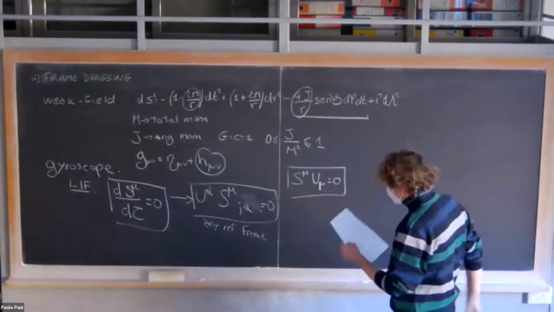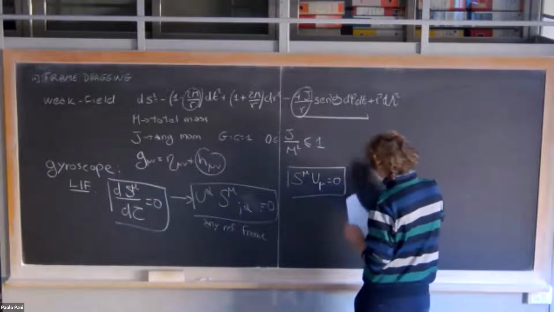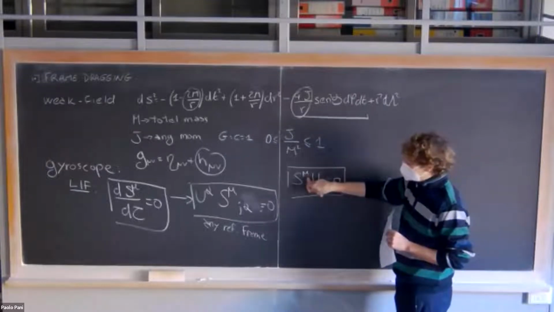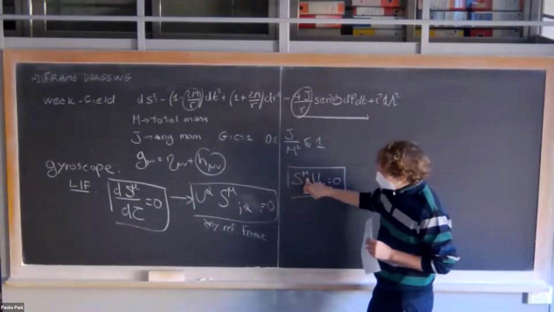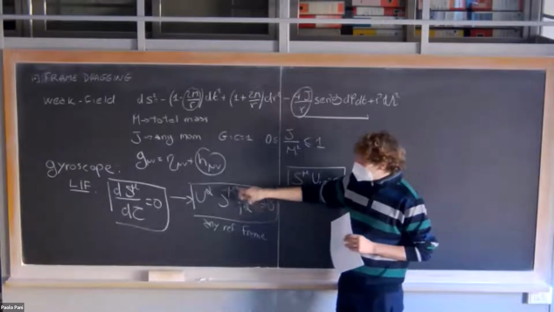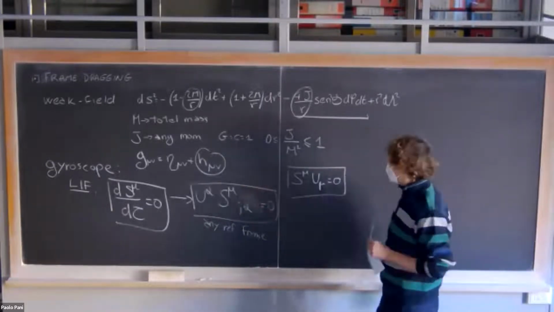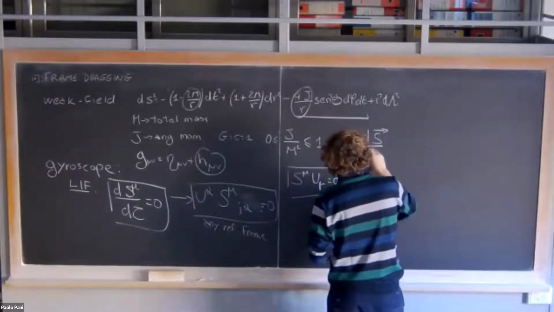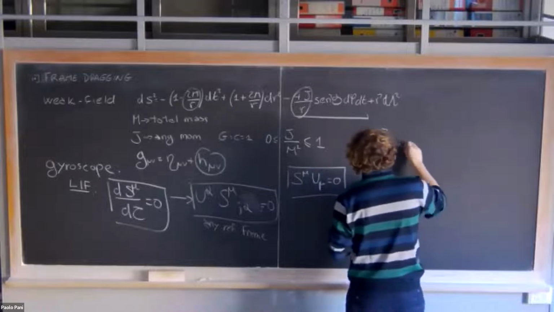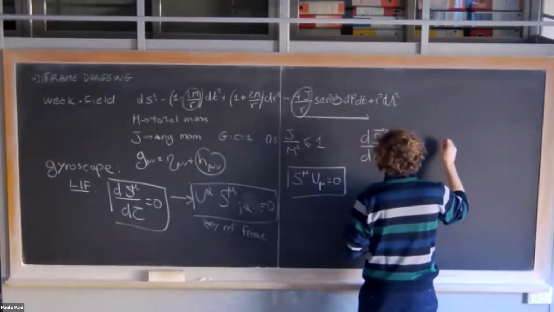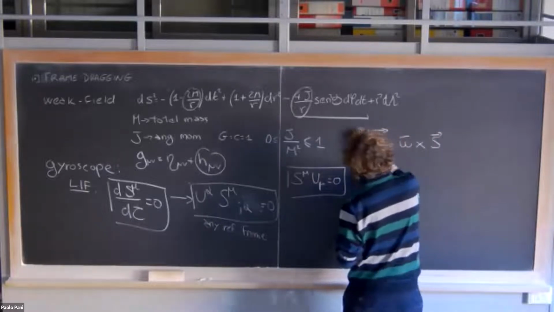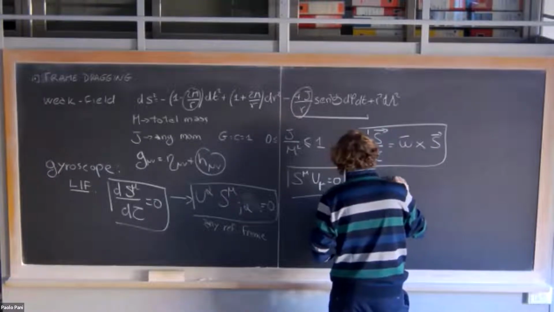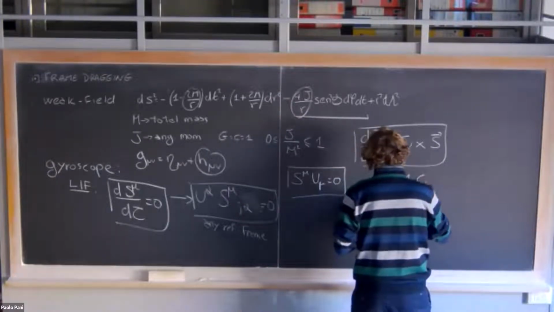This is a scalar equation that can be used to solve, for example, for S naught, the time component, and then plugging this back, we reduce this to an equation for the three-vector: dS over d tau is equal to omega cross S, where this omega can be written in this form,